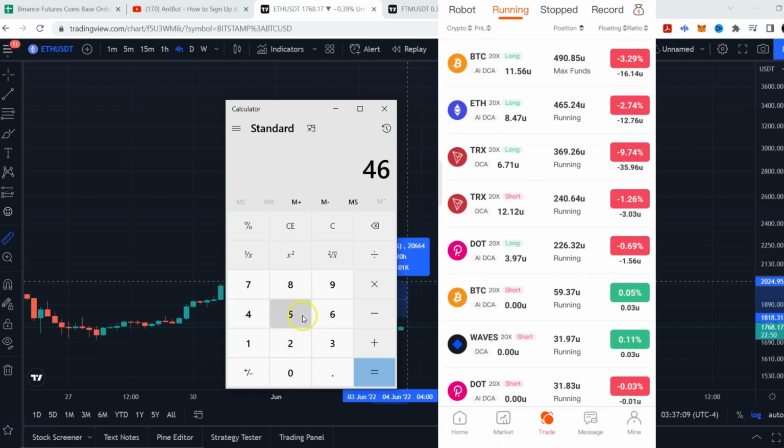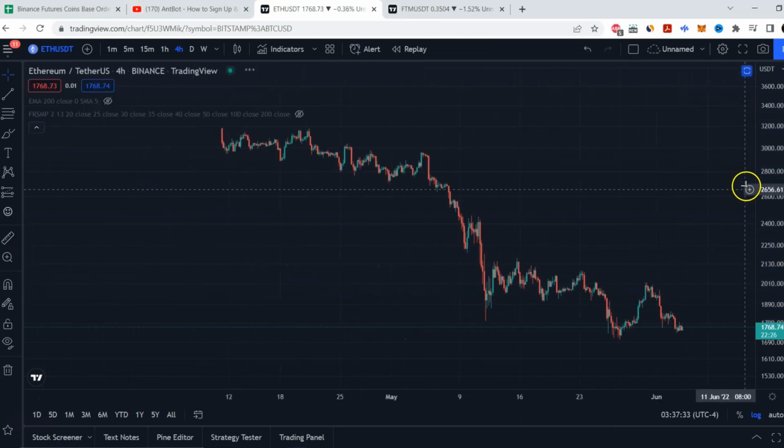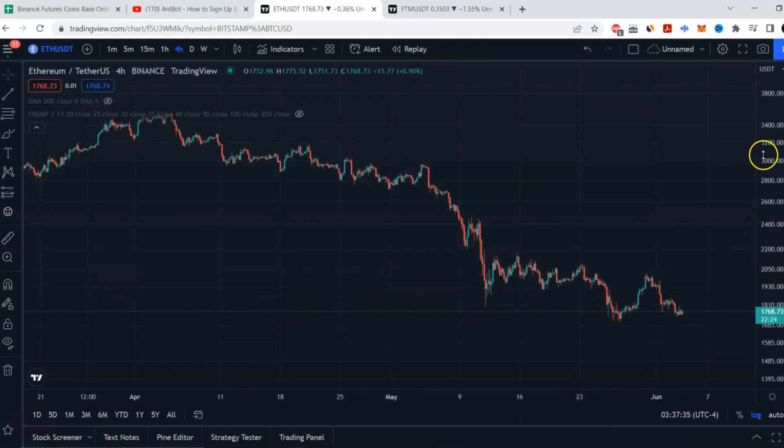So 465.24 multiplied by the price difference, in this case 2.74%. You will get your floating loss, which is 12.75. So this is how you calculate your floating loss. And how much capital do you need? If you want to know how much capital you need, you first must understand